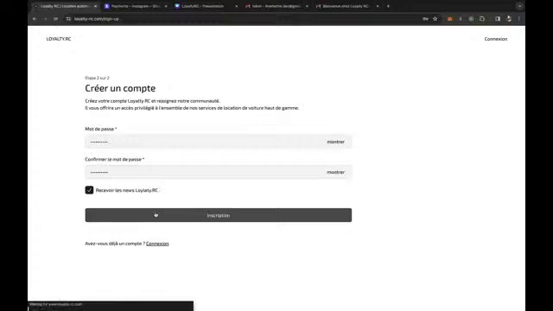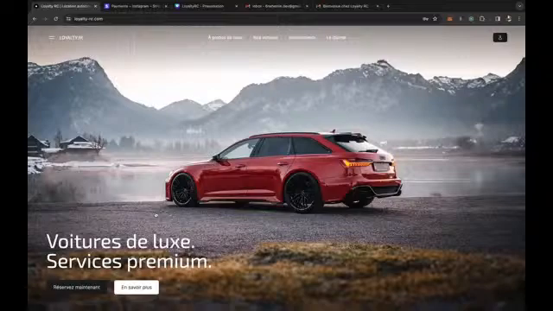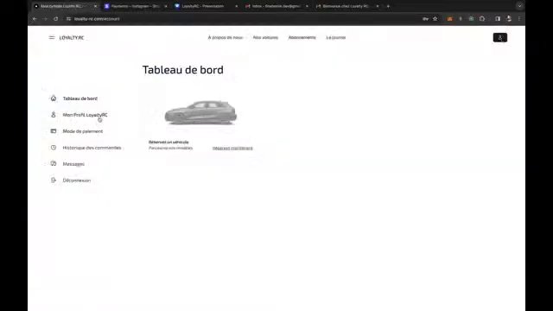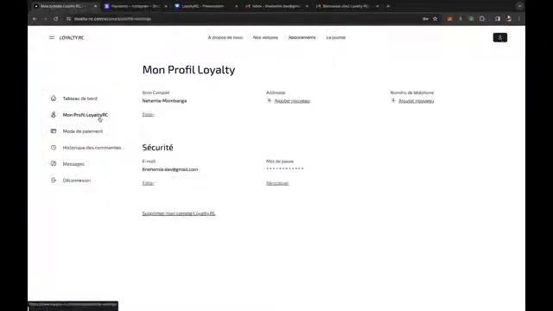After I sign up, I'm directly connected and redirected to the home page. So if we go into my profile, I can change things. I can add an address if I want, a phone number. I can change my email. And we're going to try to change my email, even though we're not going to get through the whole process.